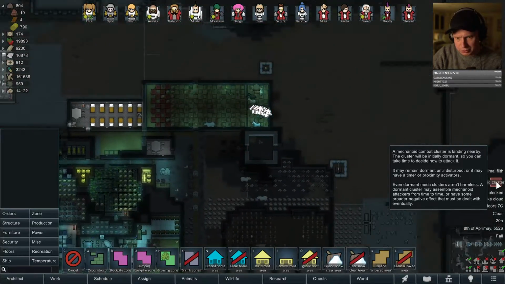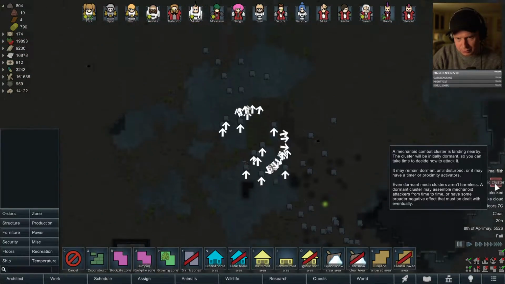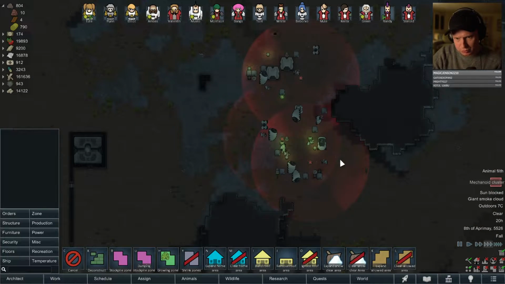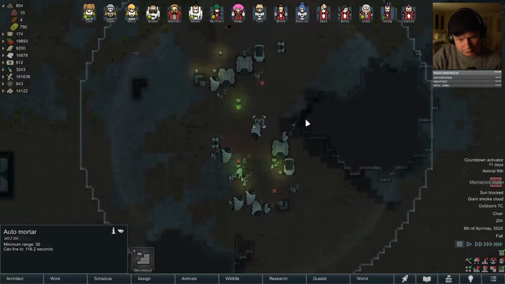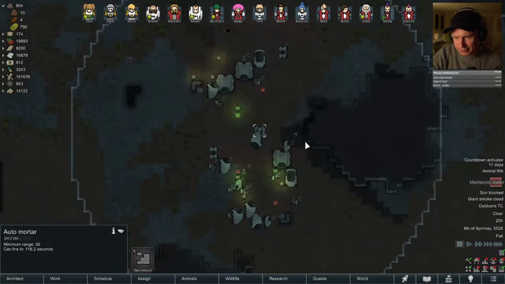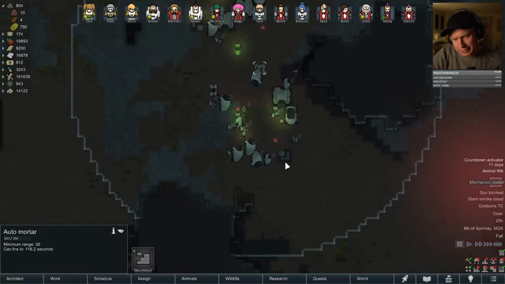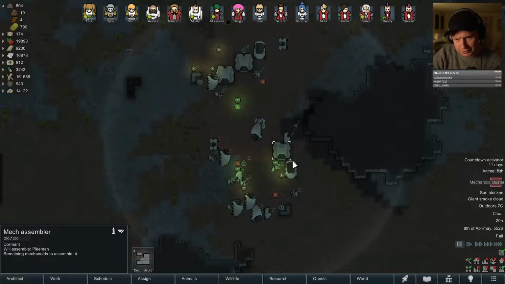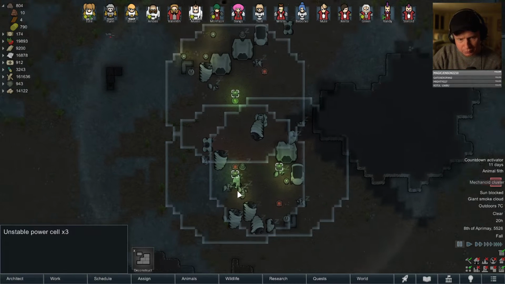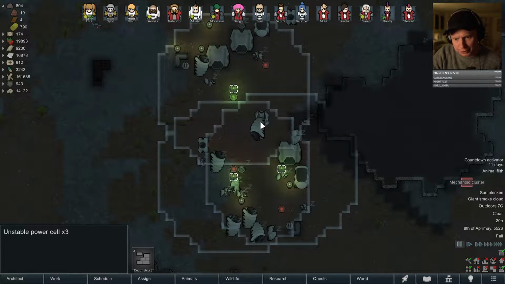Oh, a mech cluster is landing, eh? Okay. Oh, this is a big mech cluster, to be sure. Oh, and they have an auto mortar. You hate to see it. All right, the cluster isn't that big, though. Countdown activator isn't for 11 days, during which time there will be 4 more pikemen, 4 more centipedes, 4 more pikemen. We do have a few unstable power cores that are available, but I doubt we're going to be able